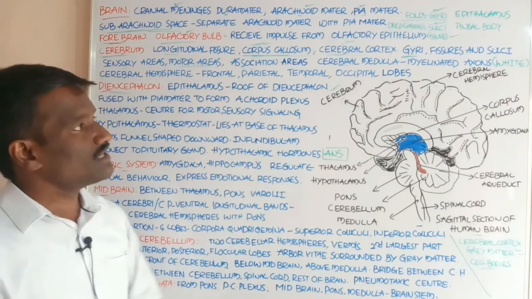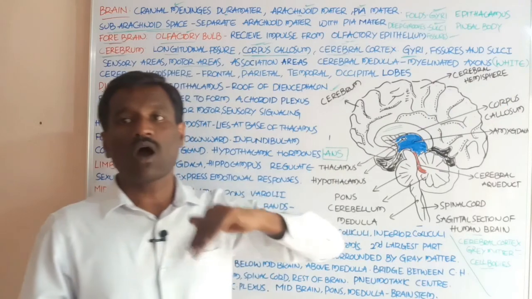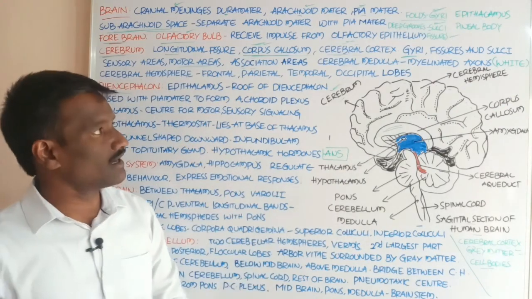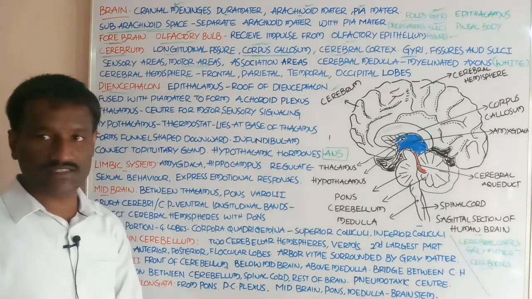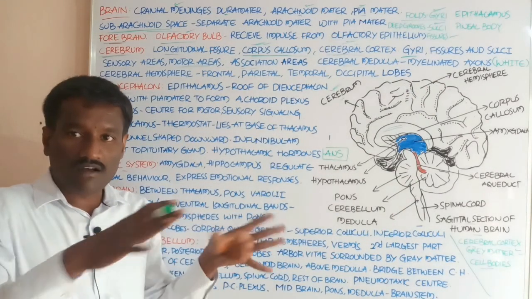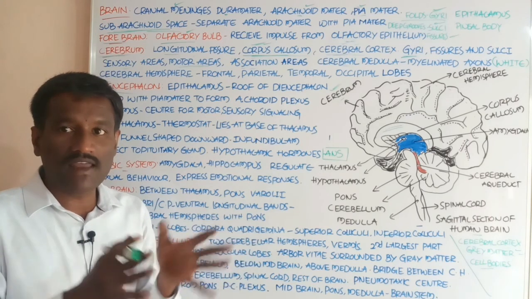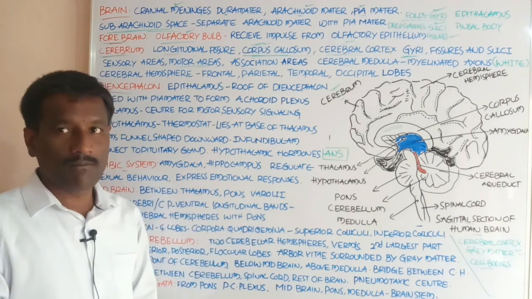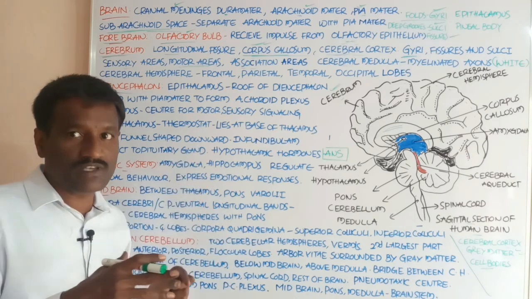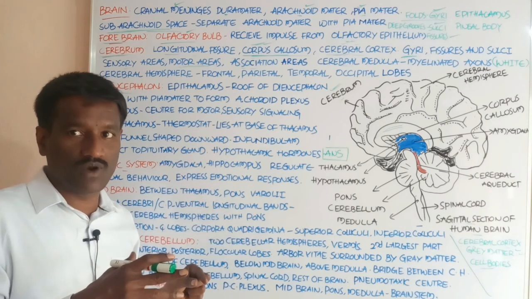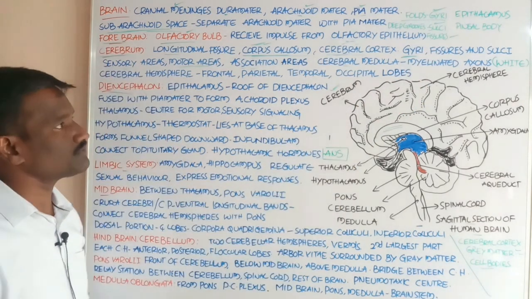This is white in color, so it appears as white matter. It is concentrated with myelinated axons. These axons are covered with the myelin sheath, hence they are called myelinated axons. The myelin layer covers the outer surface of the axon of the neuron.